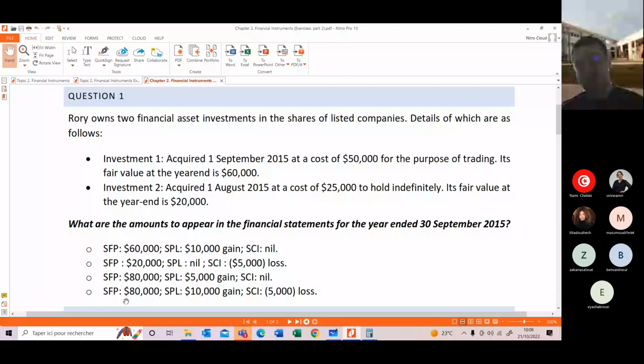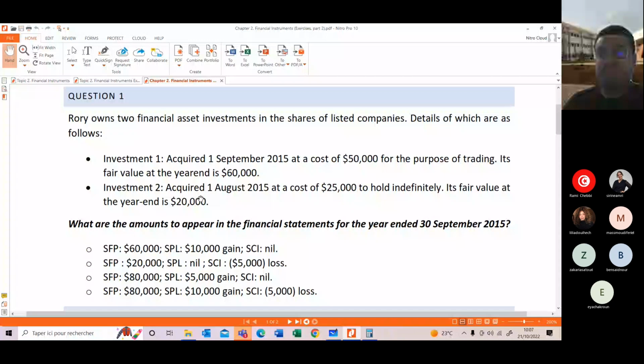Sorry. I'll go back to the lecture notes and focus a bit on the classification, the criteria and how to classify this. Fair value through profit and loss, there is no problem, it is clear. All right, fair value through other comprehensive income, the financial assets are measured at fair value with the